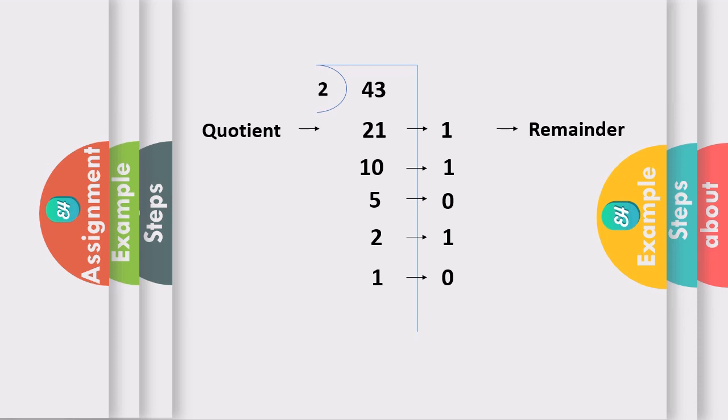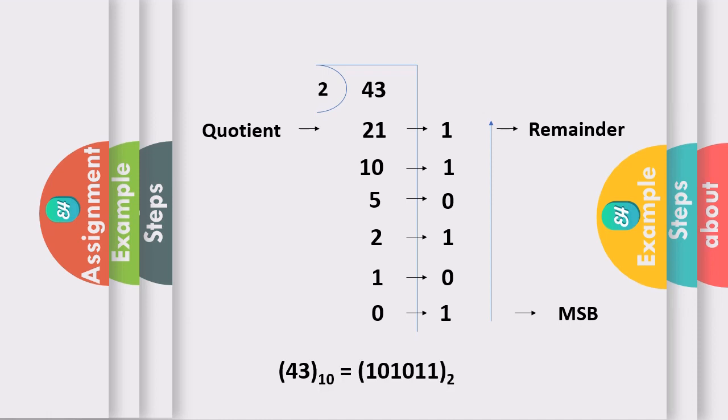We cannot stop here. We have to continue till we get quotient is equal to 0. So divide this one more time. So 2 zeros are 0 and the quotient is 1. Now remember here that we have to write down these remainders in reverse order, that is from bottom to top, and the last bit is my MSB. So 43 in decimal is equal to 101011 in binary. This is called as double-dabble method. There are two more shortcut methods. So let's see them.